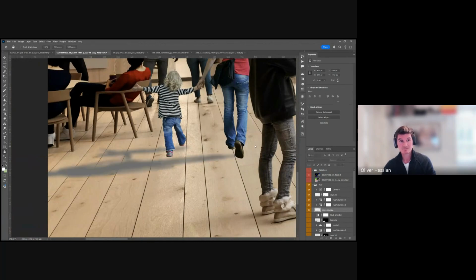Depending on how precise you want to be, sometimes I'll do two of these. One will be for closer to their feet, and one will be for further away, and then I'll blend between the two. But essentially what you're trying to do is just soften the shadow, which is normally